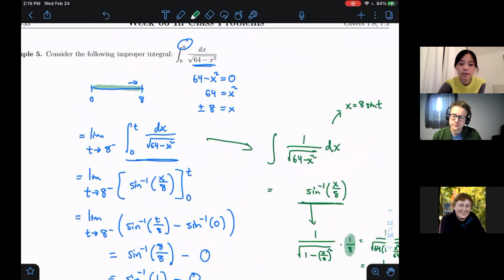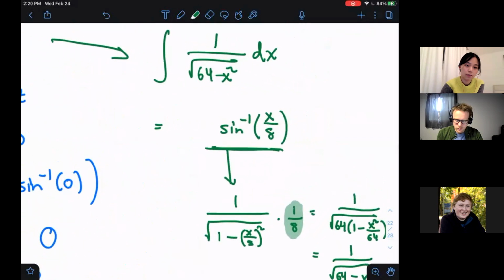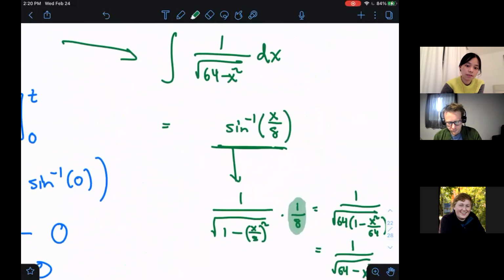Okay. And then also, I was just confused how you got the antiderivative, but it ended up being the same. 1 over the square root of 64 minus x squared. I was just confused how that ended up being the same thing. You were trying to find